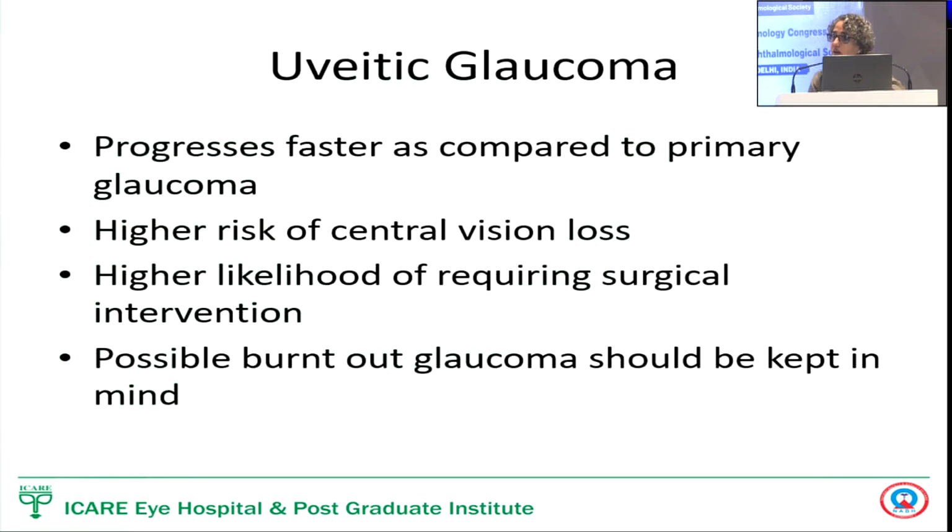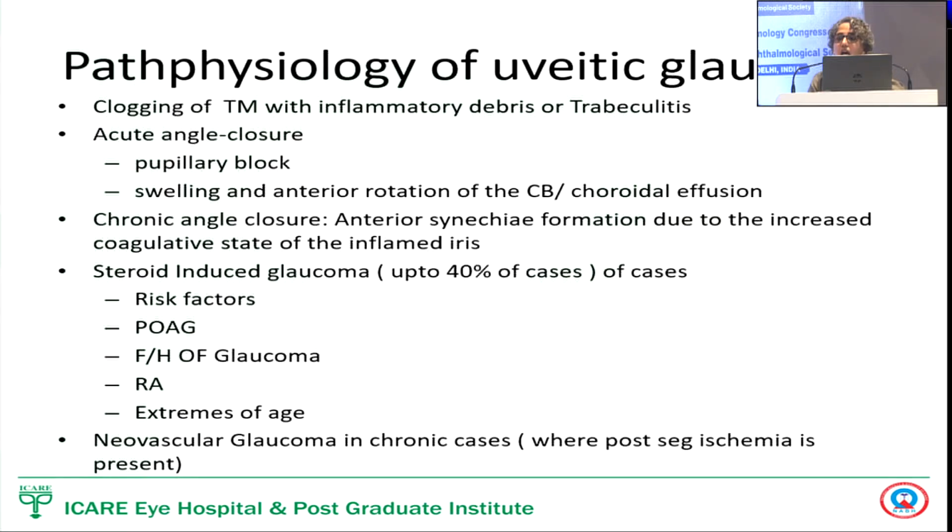The other small message I'd like to give is that sometimes you can have a burnt out disease, which means that if you had a transient increase in pressure in such eyes, which led to some amount of optic neuropathy, but with optimal treatment of the inflammation, things have become under control and the pressures have come down automatically, you might not need to treat these patients because of the optic neuropathy that's there. That's a rare thing, but something to remember. A quick slide to tell you what the possible reasons are for glaucoma to develop in such eyes.